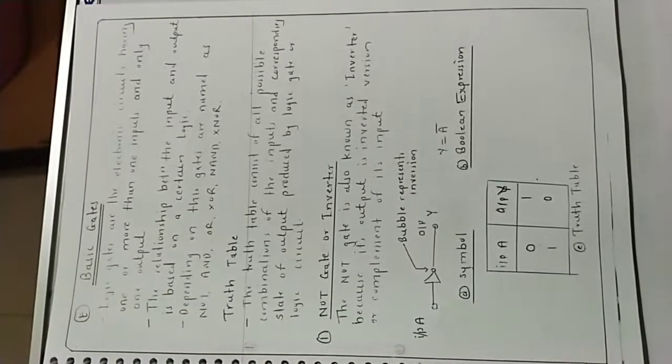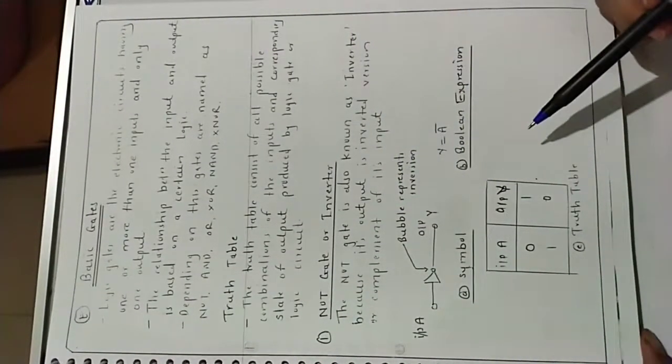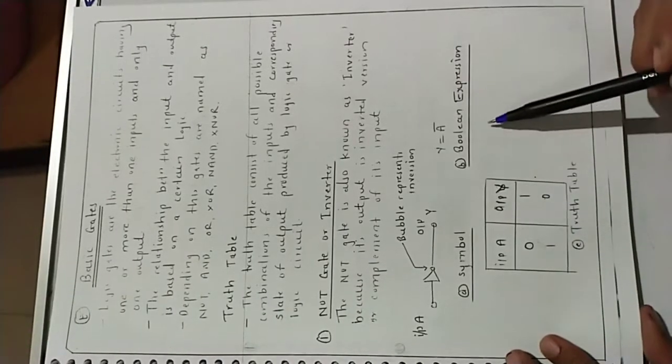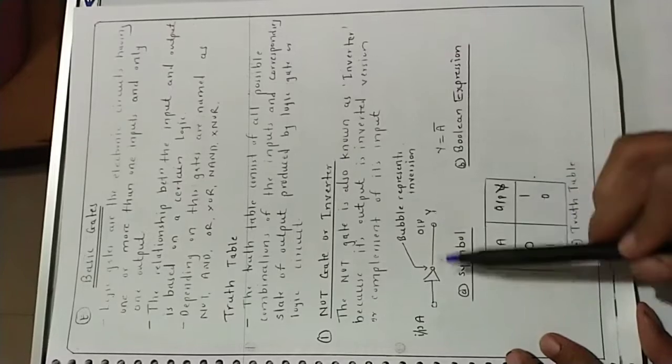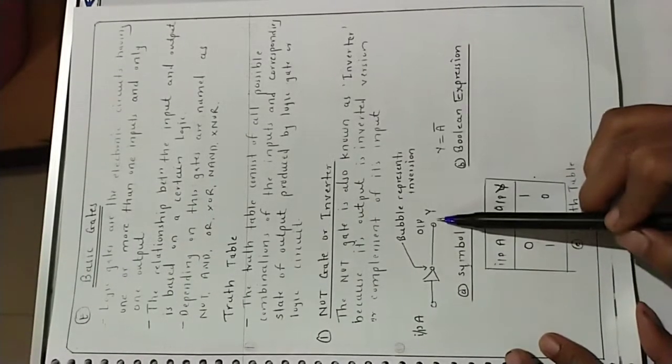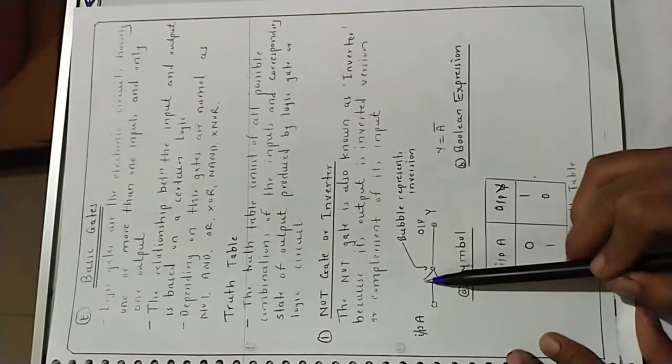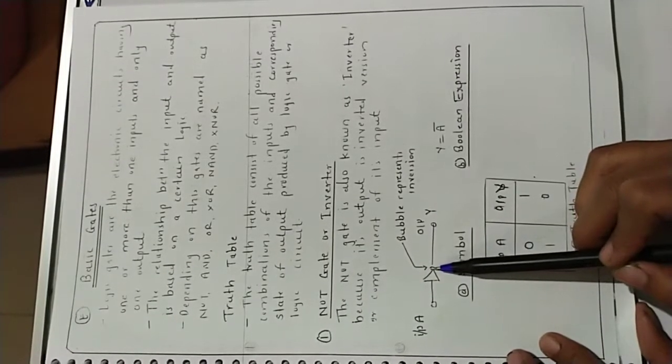Hi all. Quickly now we will see the ICs for different basic gates. Okay, so first gate is NOT gate. The symbol of NOT gate is like this. This may be asked in an online question. What is the symbol of NOT gate? Okay, so triangle and one bubble in front of that triangle.